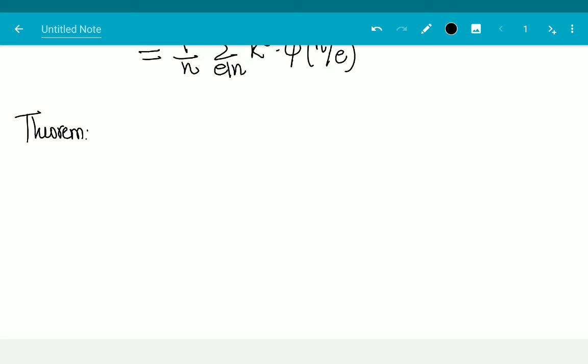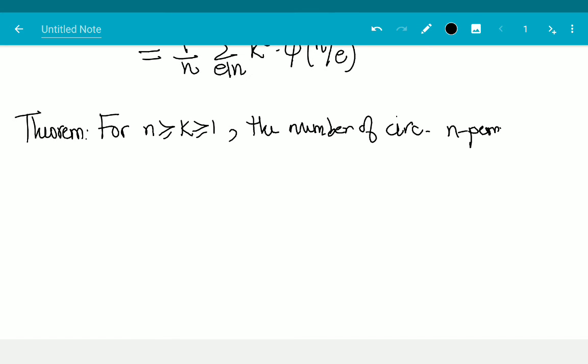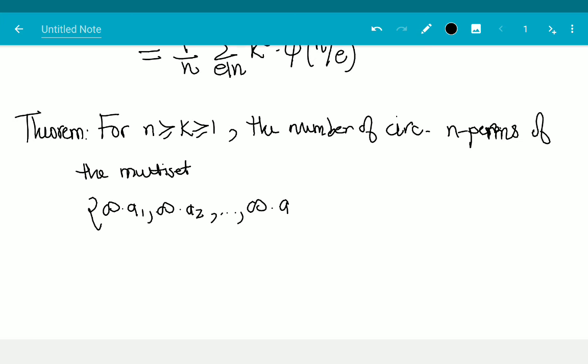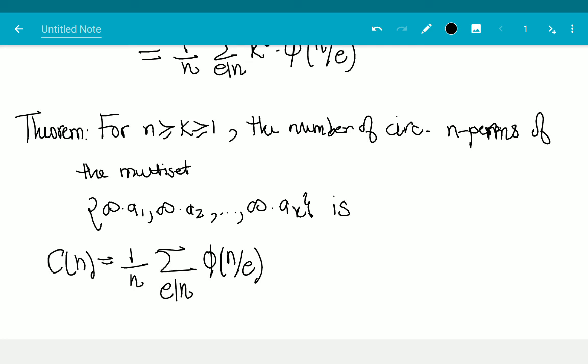Okay, and that allows me to say theorem: for n greater than or equal to k greater than or equal to 1, the number of circular n permutations of the multiset infinity times a1, infinity times a2, all the way to infinity times ak, which I'll denote by maybe Cn, is Cn equal to 1 over n summation e divides n phi of n over e k to the e,